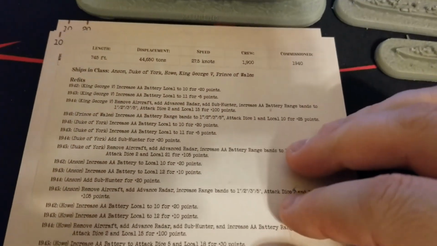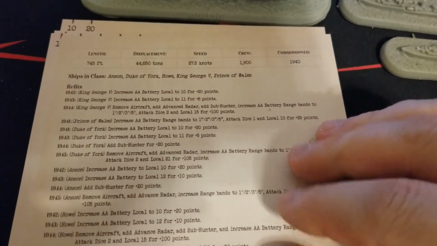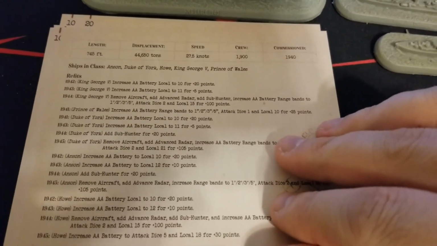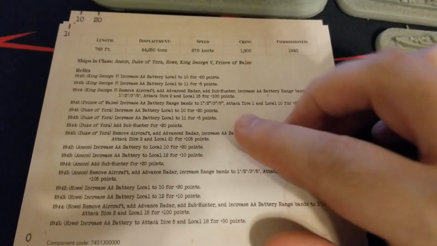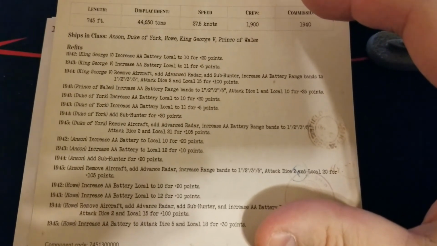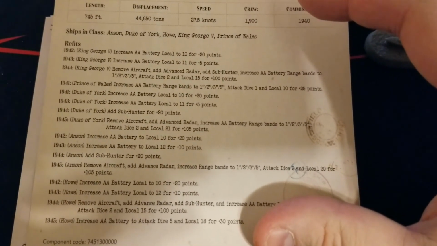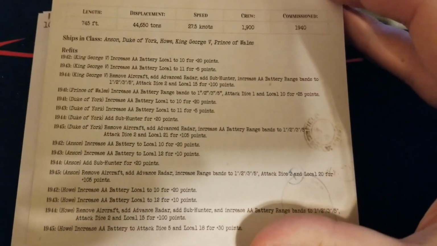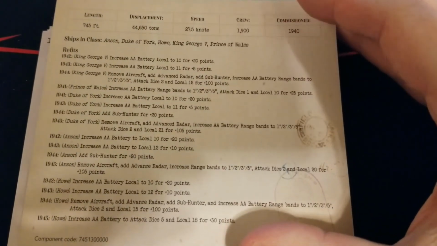So we have the ships of the class here. We have the Anson, Duke of York, which is what we get here, the Howe, King George V itself, and then the Prince of Wales. And again, I like that Warlord's breaking these down by ship and then years, as opposed to just a giant jumble, which I think was the case on some of the cards for some of the other fleets. But again, as you can see here, mostly concerned with bumping up AA batteries like local 10, 12, 11, whatever is all on here, but also adding advanced radar, sub hunter, and different things there, and in other ways beefing up again AA